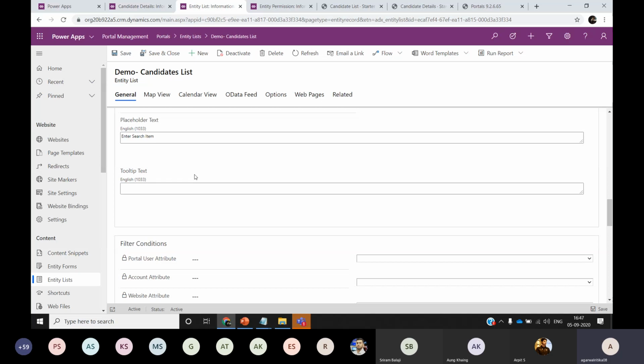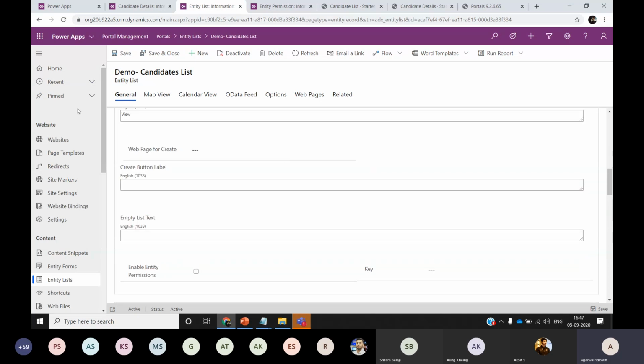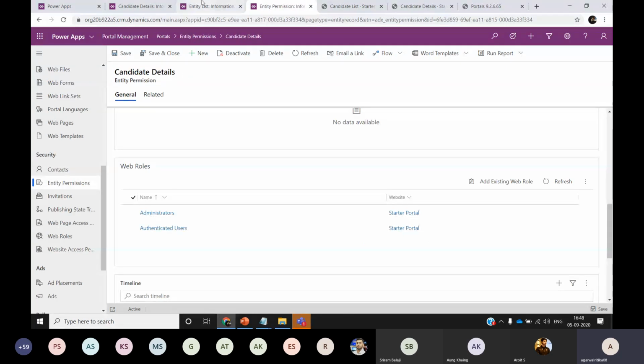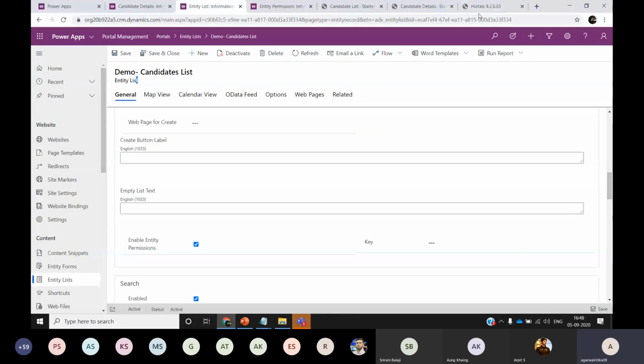So what needs to be done now? In here, if I go back to my entity list record, I can see an option for enable entity permissions. If I enable this, then it will inherit all the entity permissions that are related to this entity and apply those on my portal.